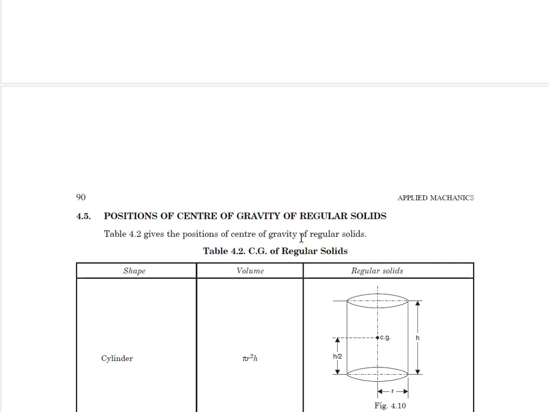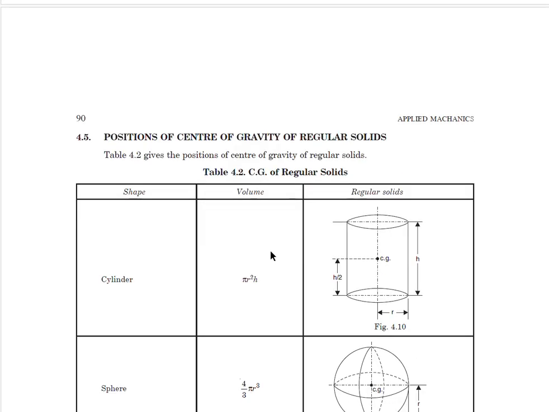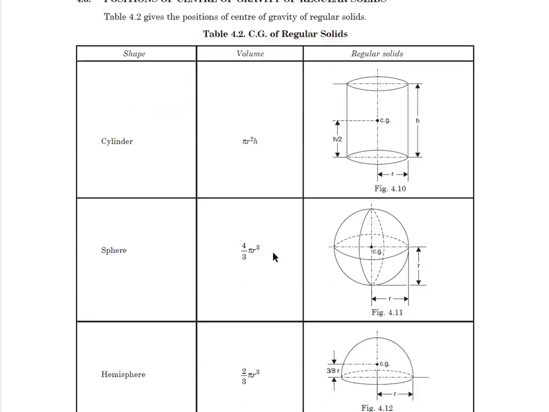For irregular bodies, not irregular, but those which are a combination of some regular bodies, we will also discuss in a later section. Now, the position of the centroid of gravity of regular solids. Again, we will talk of the cylinder, sphere, and some regular bodies like the hemisphere. For a cylinder, the volume is pi r square into h. And if we are particularly talking about the weight, it is pi r square h into rho, or sometimes w,